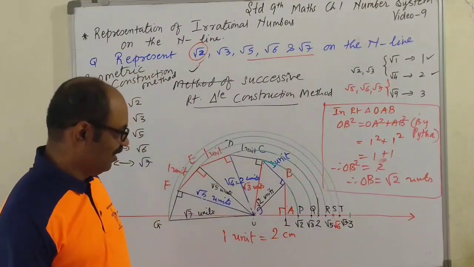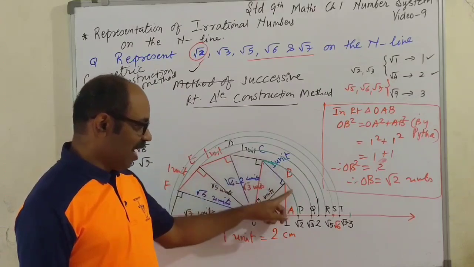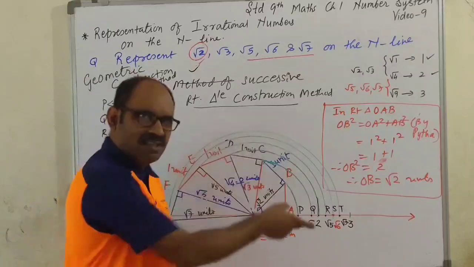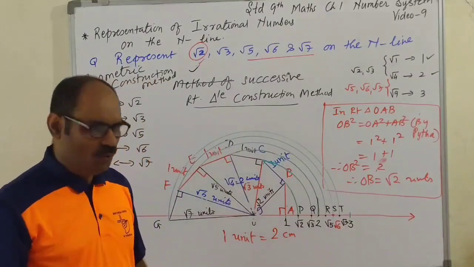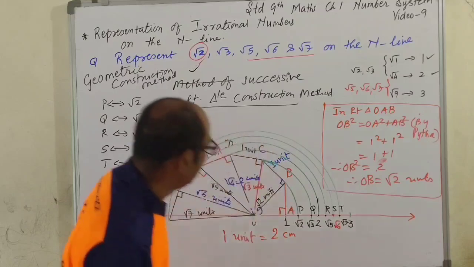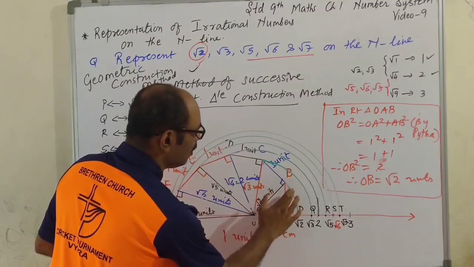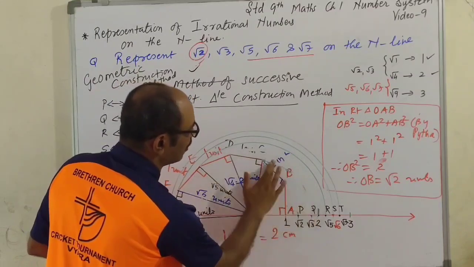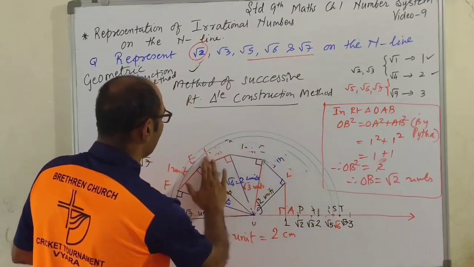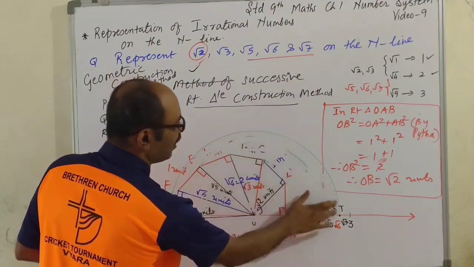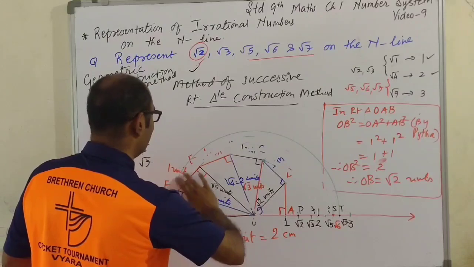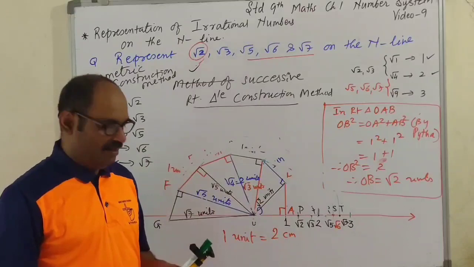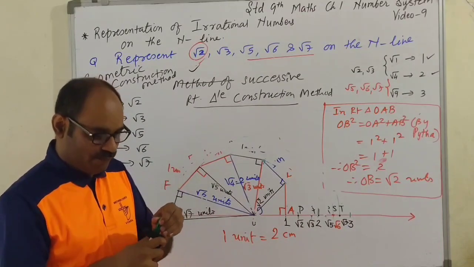Alright, fine. See children, you might ask a question. Is it necessary to show this projection? Is it necessary for you to draw this whole circle? No. Children, what you do? You don't need to draw the circle. You don't have to draw any of this circle. It is not necessary to show any circle in the projection. That will make your work a little bit easier. Are you getting me? And the work looks very untidy.